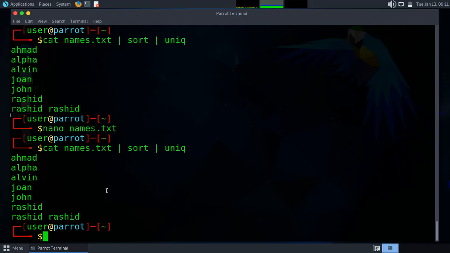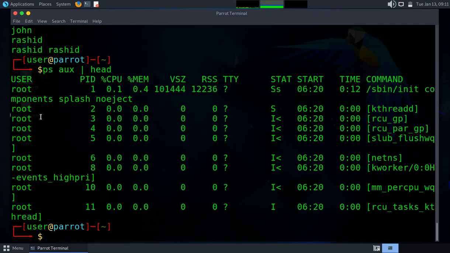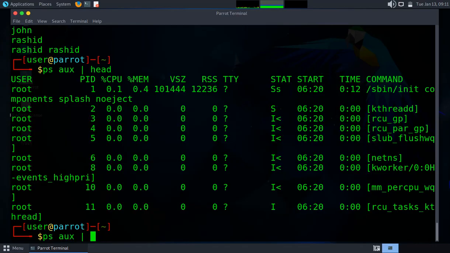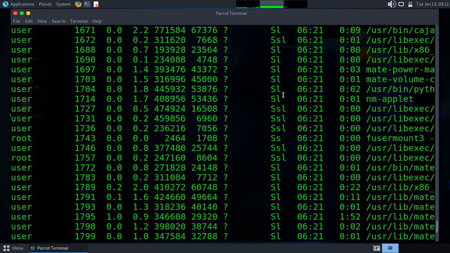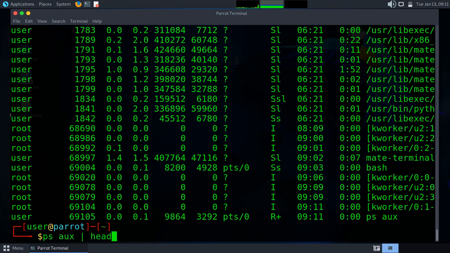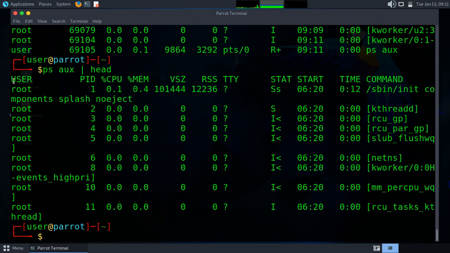So let us now take a look at using head and tail. To view only the beginning of the output, we can use this command. Let us try viewing the processes, ps aux, and then we get the head. So as you can see, we only get the beginning. If we use ps aux without piping it, we get all this output, but after piping it and using the head command, we only get